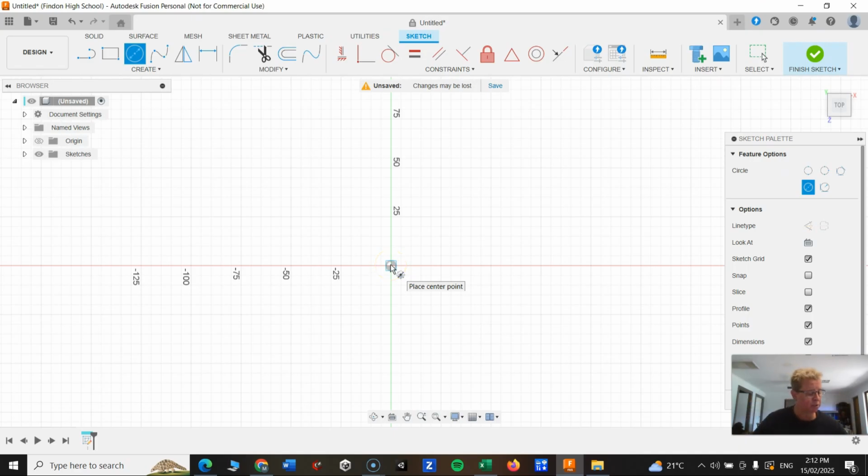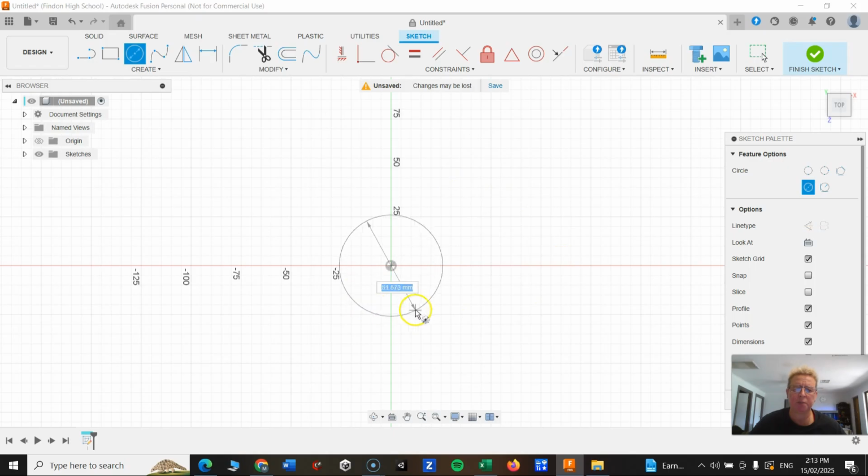Now, what I want you to do, single left click. Okay, single left click, and look, I've let go. Now I'm going to move my mouse, and it doesn't matter if I move it out, away, down, up, towards, whichever way you move your mouse, you'll notice a circle is created. We want this circle to be a certain dimension. We're going to get to that point, but what I want you to do is kind of roughly